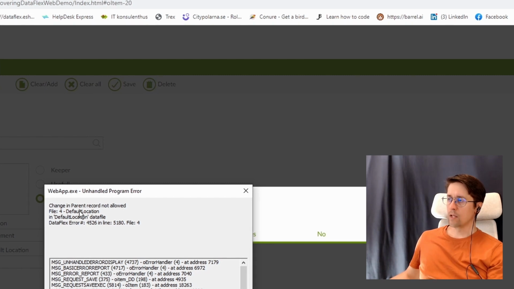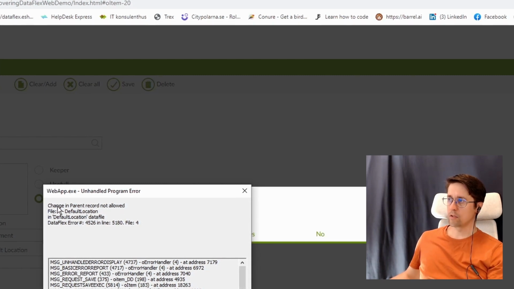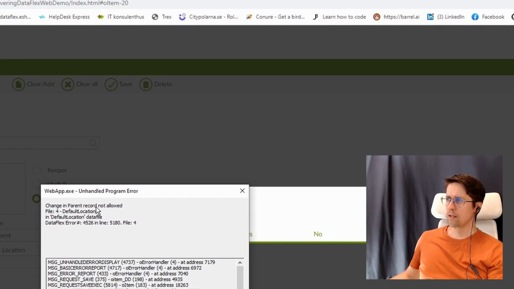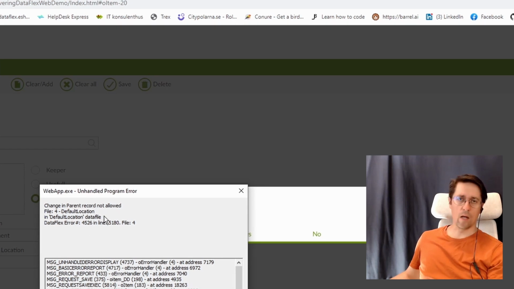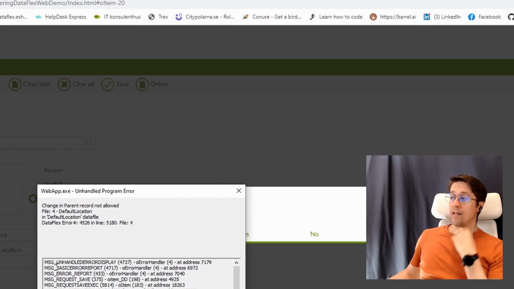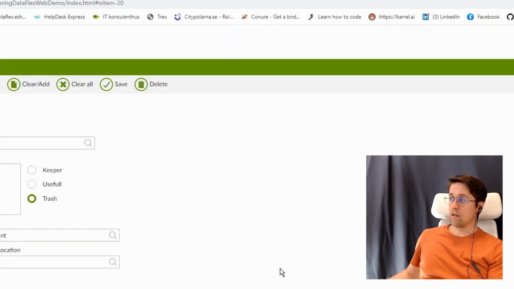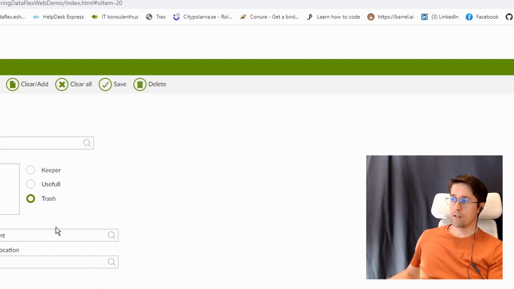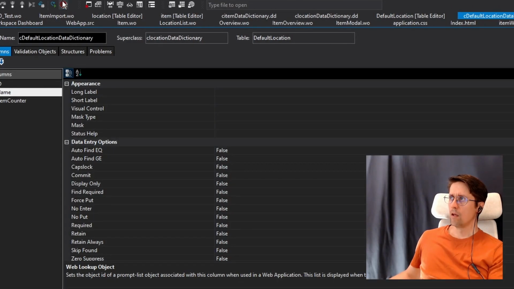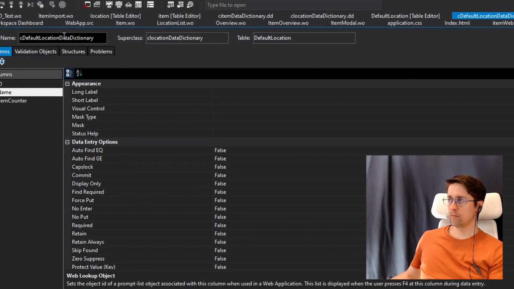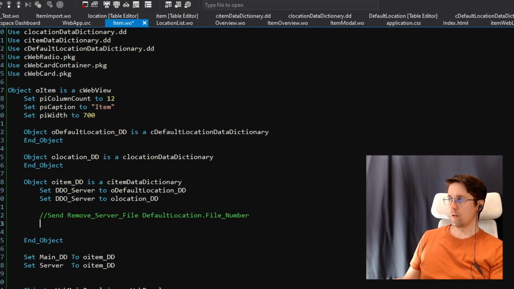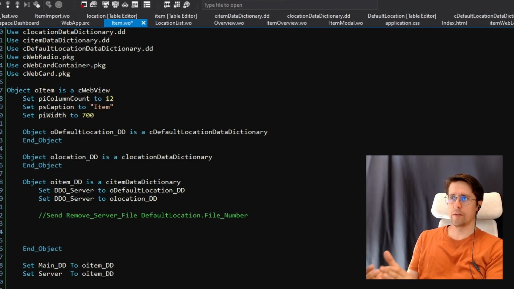Yeah, we're getting this error. Parent record not allowed. So the default location, they're not allowing us to do this change in the default location, and that is, we're actually trying to save something that does not exist. And in order to do that, we need to go back into the code, into our data dictionary here, and say that